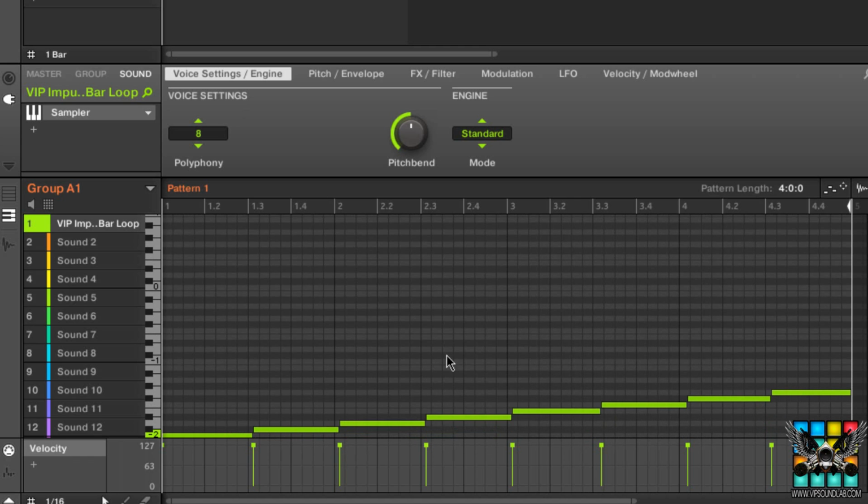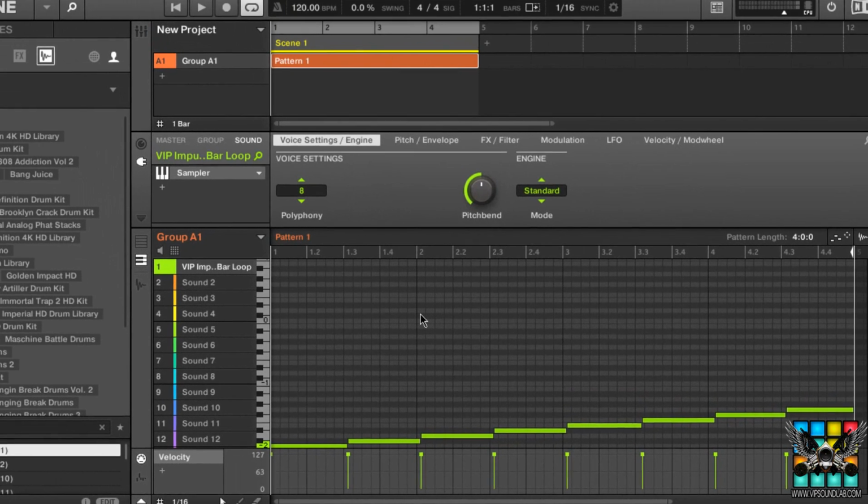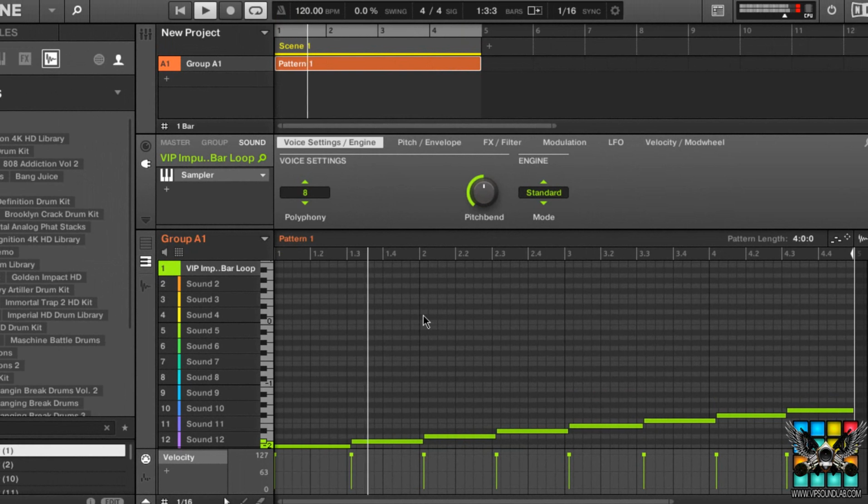They get spread out over the pads. So when you press play, all right, you get a nice little playback of what you just sliced and chopped up in real time,